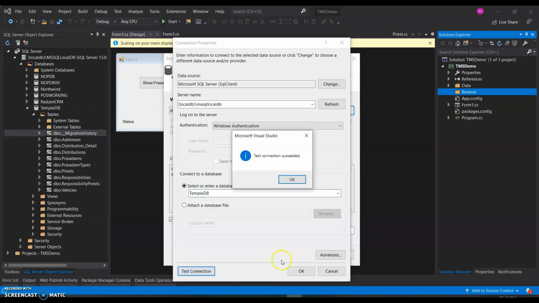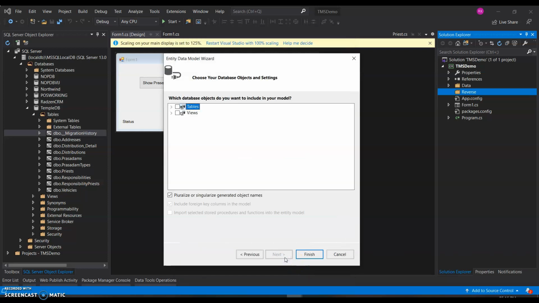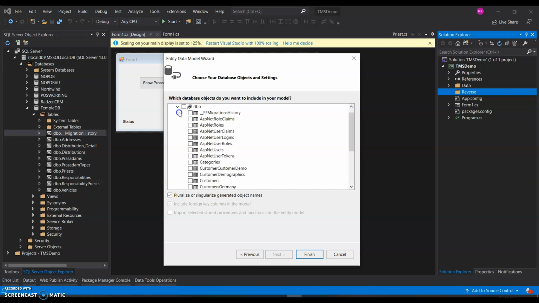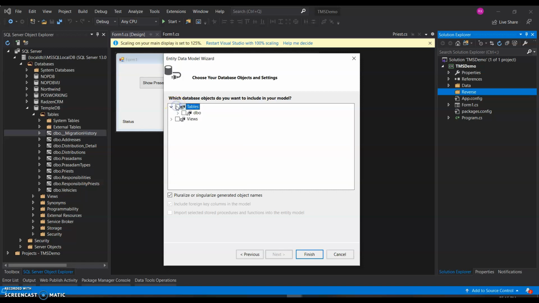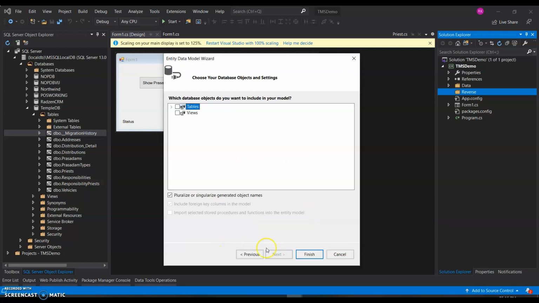So I'll just go ahead and test the connection and I'll say OK, and I'll click on next. Okay, it actually picked up, just as I thought, the wrong one here. I just wanted to choose the temple DB. For some reason it just picked up the Northwind here. Anyway, we'll just go ahead and correct that and click on next.